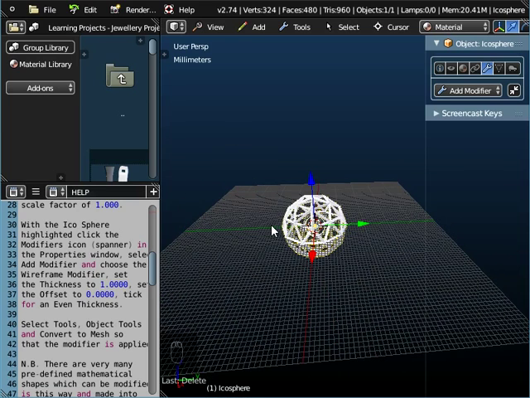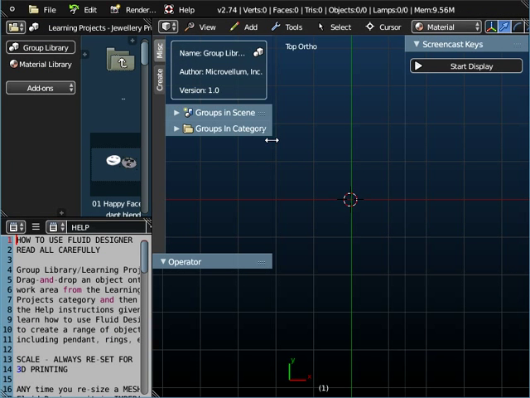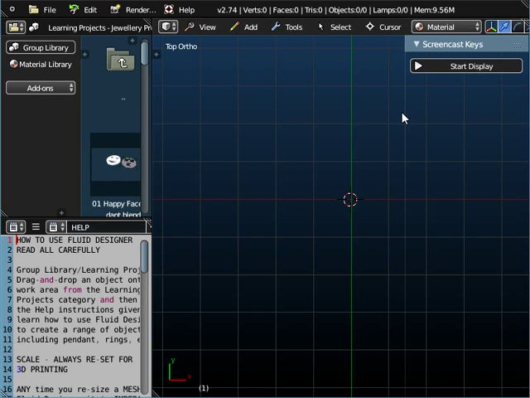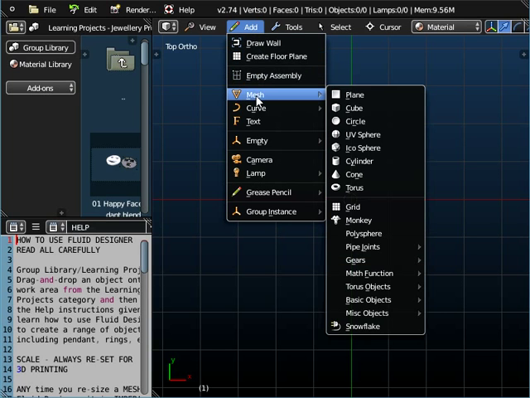Now if we go back to FluidDesigner, one of the reasons that we've shown you how to produce this object is that there are a lot of built-in mathematical shapes in FluidDesigner. So if I just go to File and New, and I'll just shut those panels down, I don't want those at the moment. There are lots and lots of other types of simple wireframe type earrings that you could create in FluidDesigner. So for example, if you just go to Add Mesh and Cube,